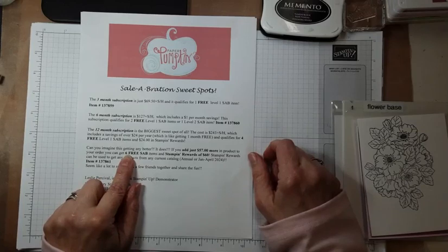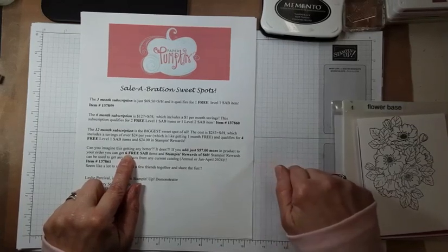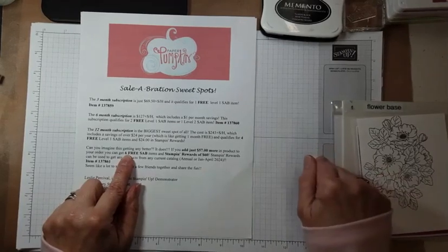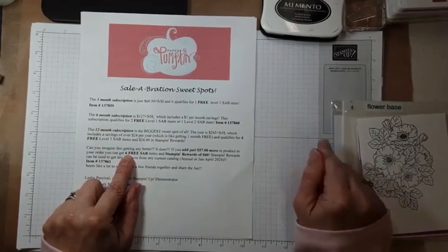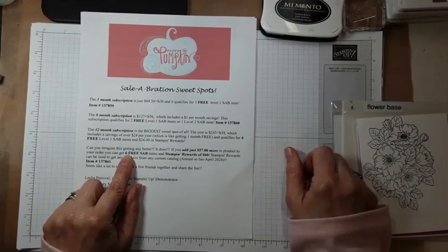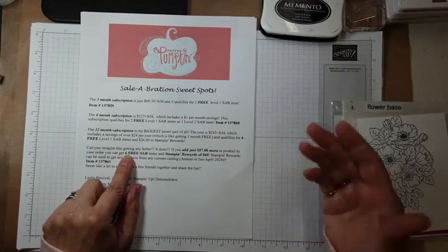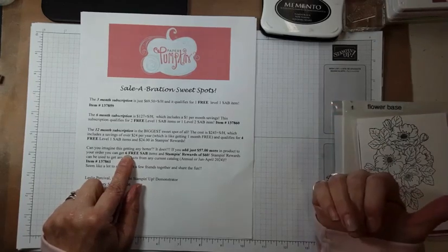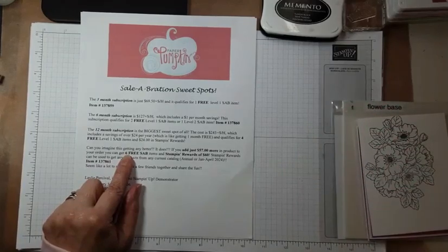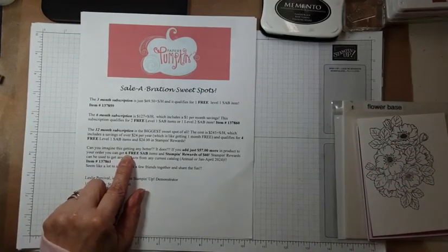I cannot tell you how I start telling people now to get those ink refills, and I still have people in April when the retired list comes out, they go, can you still get me this? I tried online and I couldn't get it. No, if you can't order it, I can't order it. It's gone. Those in color items for the retiring